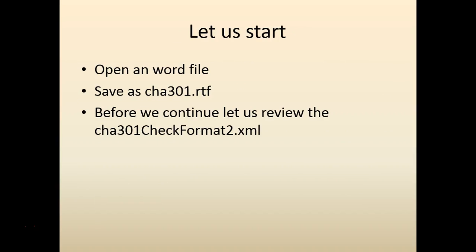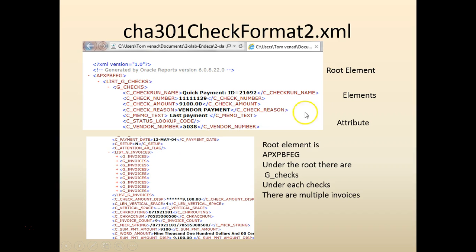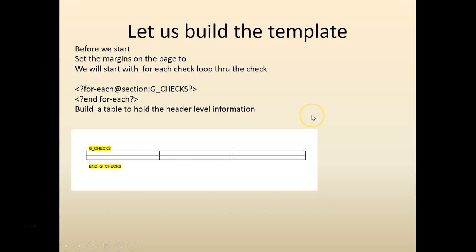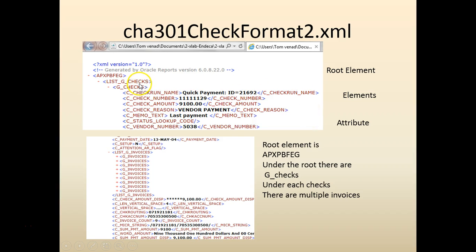So let's start with saving a file as chapter 301. Before we continue, let's look at the file that we're going to use for creating this. It has a root element called list G checks, and there are elements under it called G checks. If you notice, for each check there are multiple invoices,